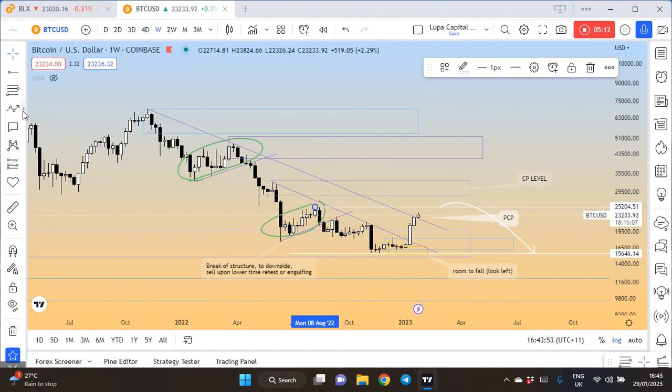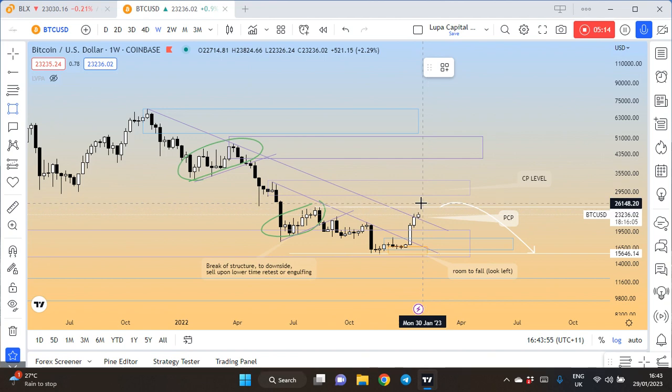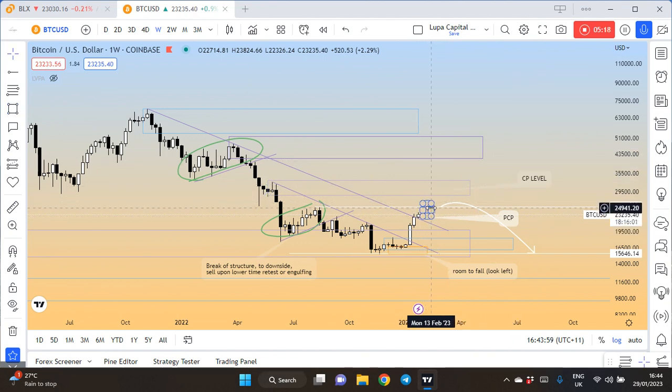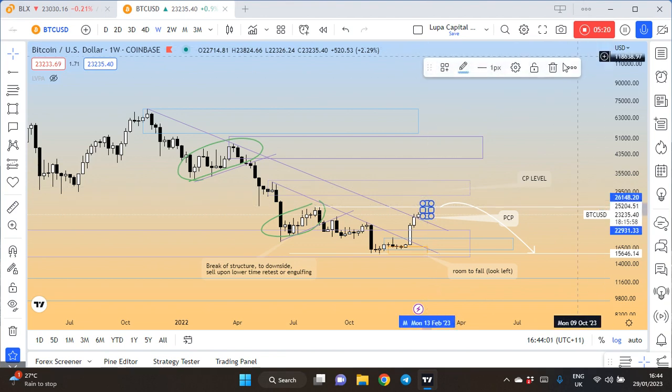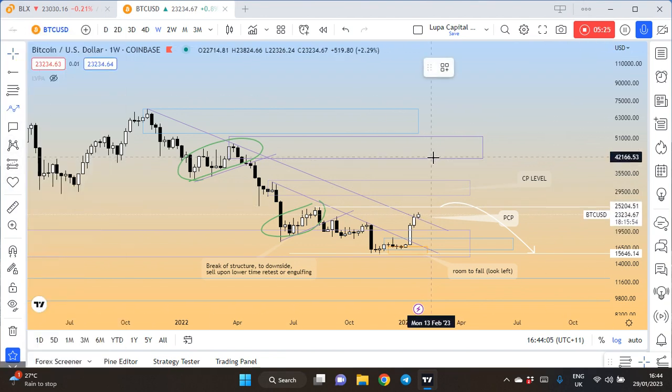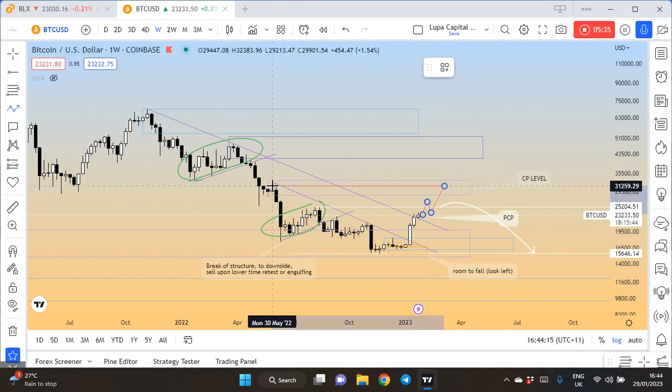This potentially can be a potential zone of interest where price can take us. Let me draw another pathway instead. Price can take us to test this zone, fall back, create an imbalance here, head up to this CP level, which is a continuation pattern, whereby price is now aligning nicely to this part and will hit price action, revert